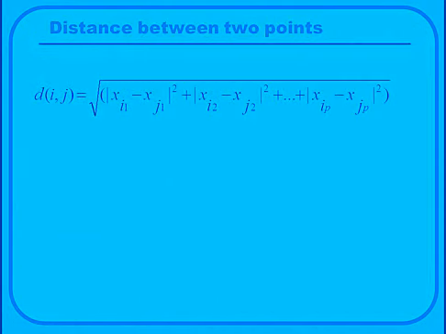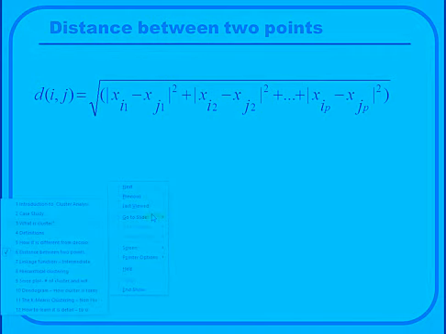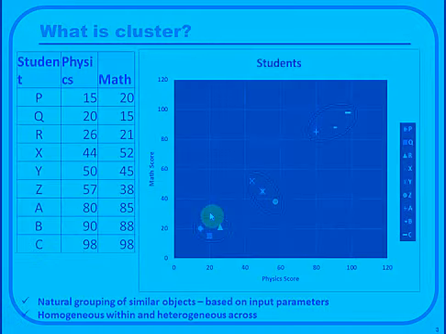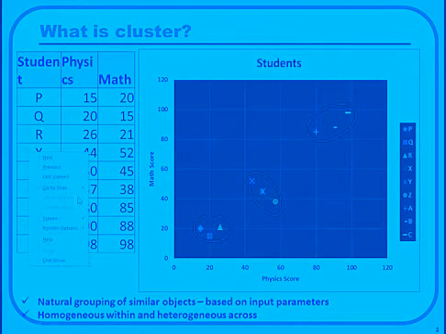Now, how do you know which two objects are similar to each other? For example, when I showed you in the graph last time, this is how the cluster is looking, and you looked at it and said they look similar to each other. But what is the mathematical way of finding which groups are similar to each other?